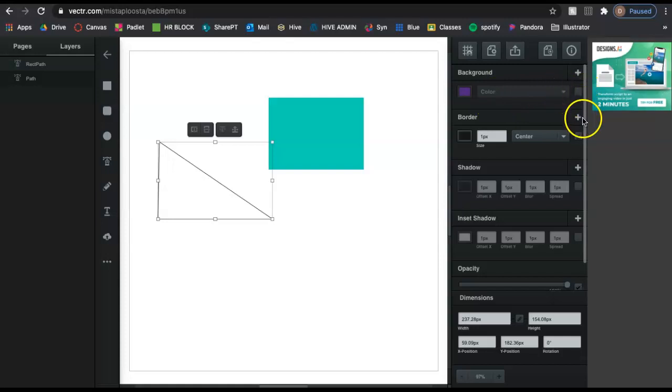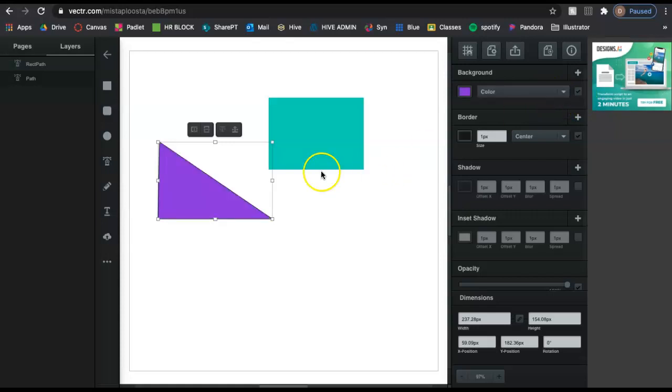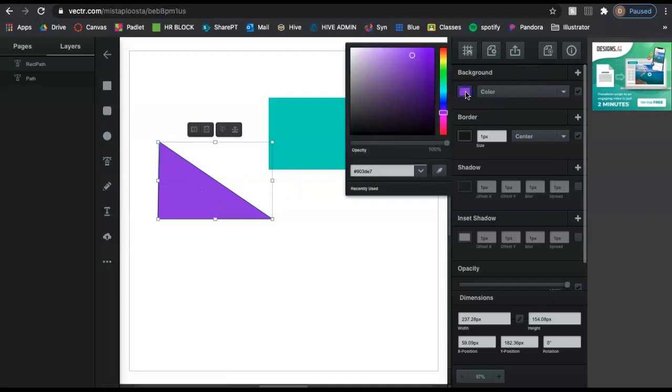So you'll notice that there's a little checkbox next to the background color. So in this program, the background is simply the fill color of that path. Okay, so remember, this is a closed path. The fill color of that is called the background, and so when I click that checkbox, it instantly changes it into a solid color. If I want to change that color, I click on the color box, and I can